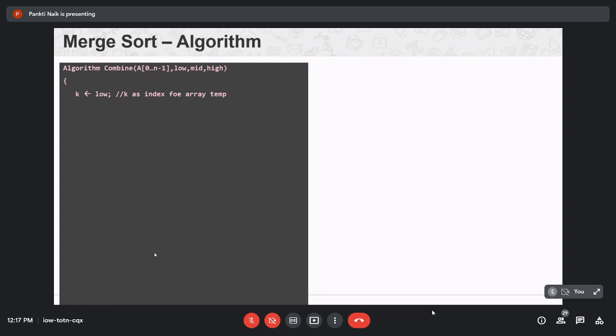We take one array temp to store the answer of all the sublists, the sorted arrays of all the sublists, into one temporary array, that is temp. So K is an index for array temp.